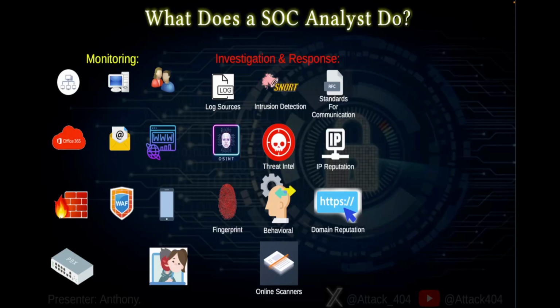So you'll have different log sources. You have your intrusion detection. And log sources can be from the endpoint themselves. This could be any of the var log messages inside of Linux. It could be the event viewer in Windows and anything else that macOS does. Intrusion detection systems like Snort. I don't really see this often, but sometimes looking at the standards of how the communication protocols act can set up red flags, and understanding how they work can potentially find things like alternate data streams or alternate communications that